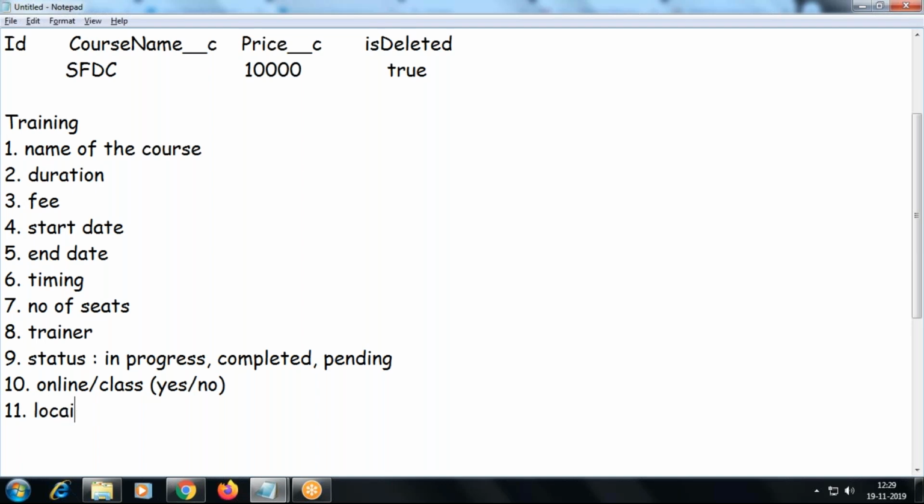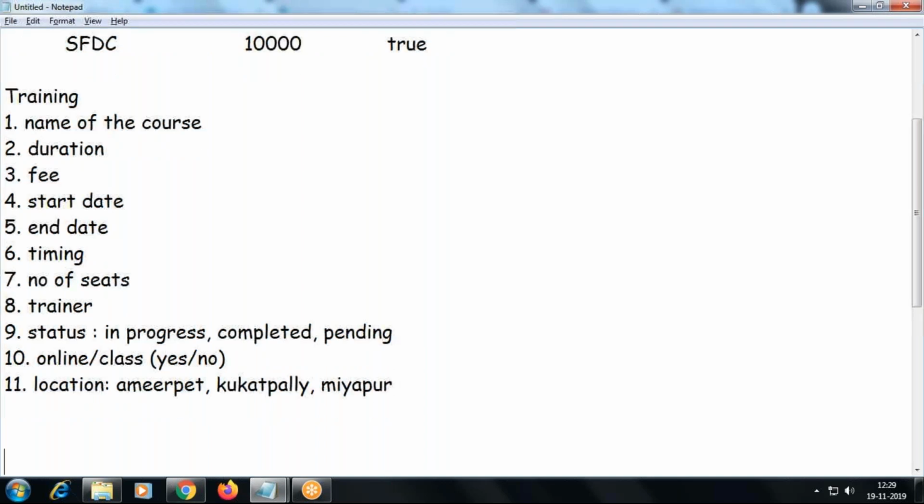Location of the training, right, whether it's anywhere, something like this.